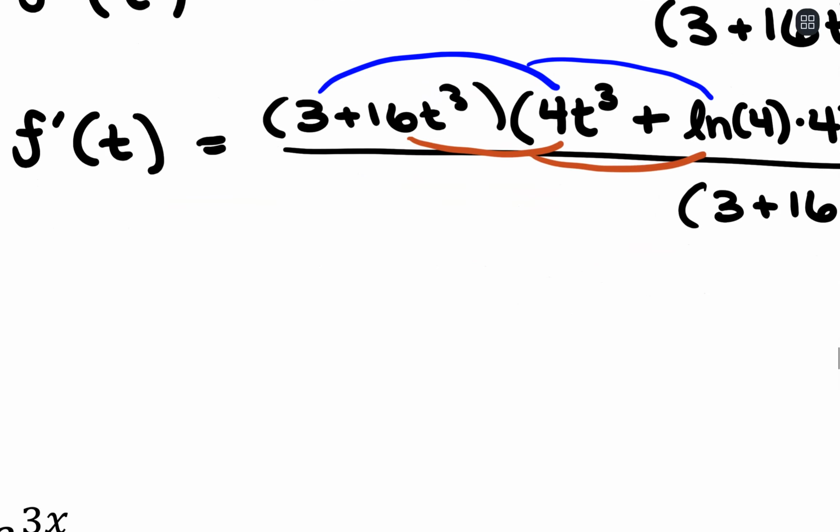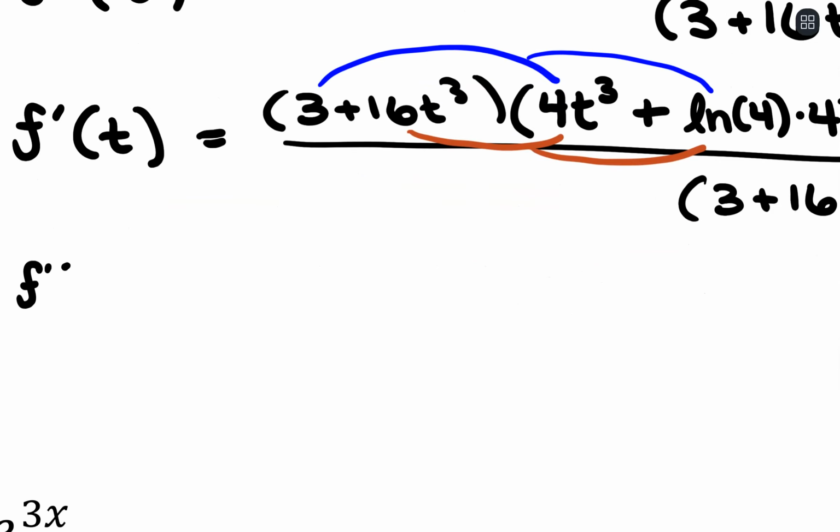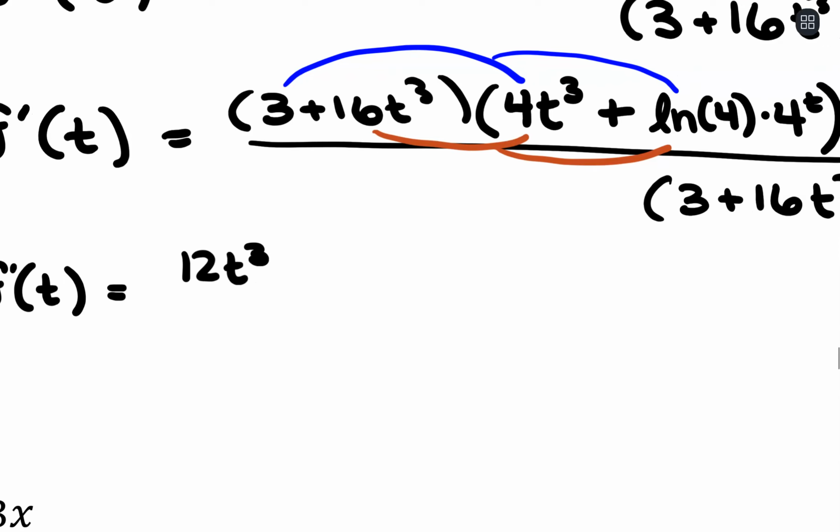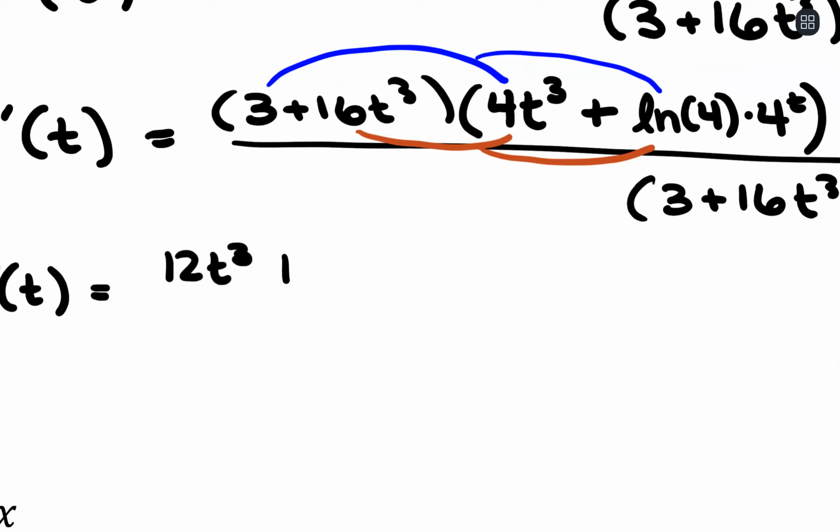So what that will look like is 3 times 4t cubed, 12t cubed, plus 3 times natural log of 4 times 4 to the t. Okay, so that distributed 3 through, distributing 16t cubed, so we're going to have plus 16 times 4